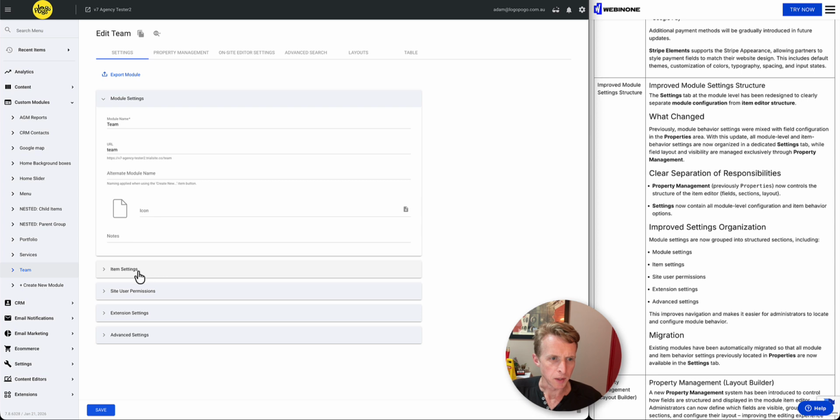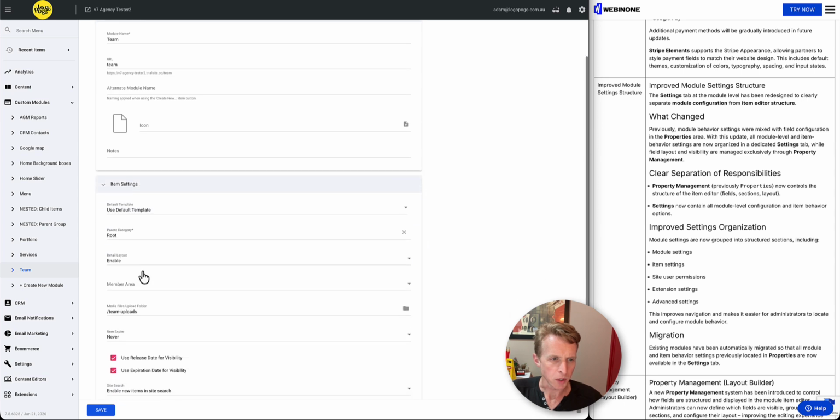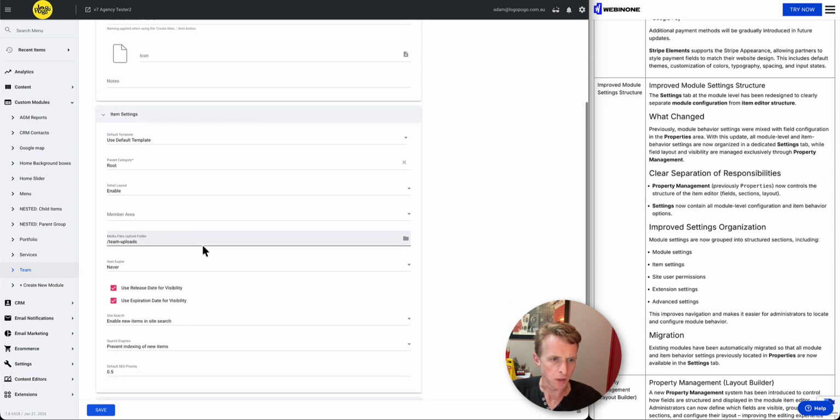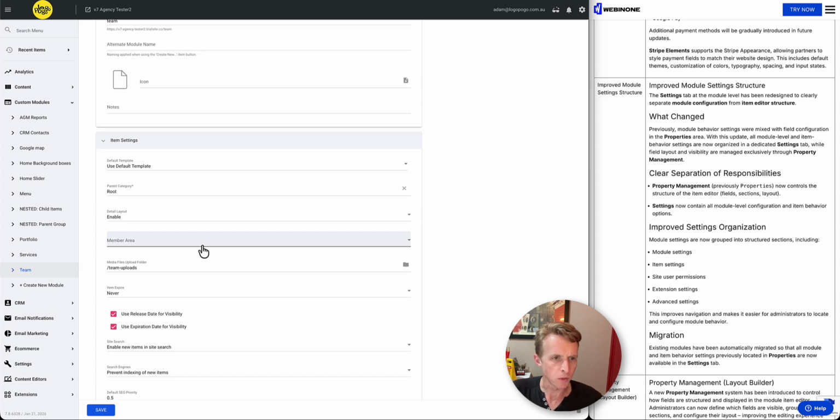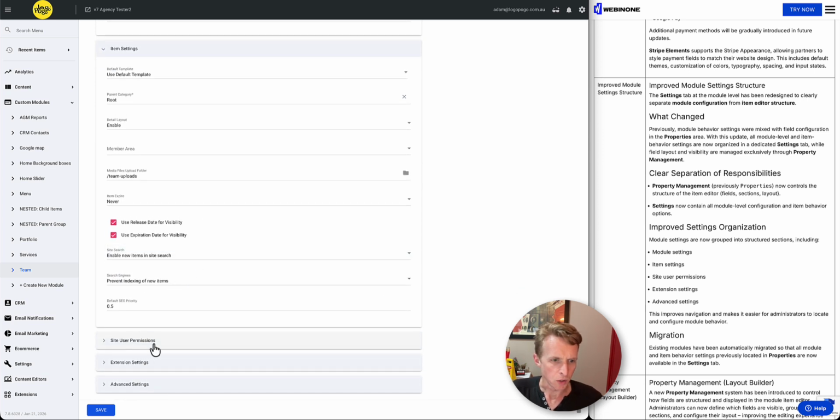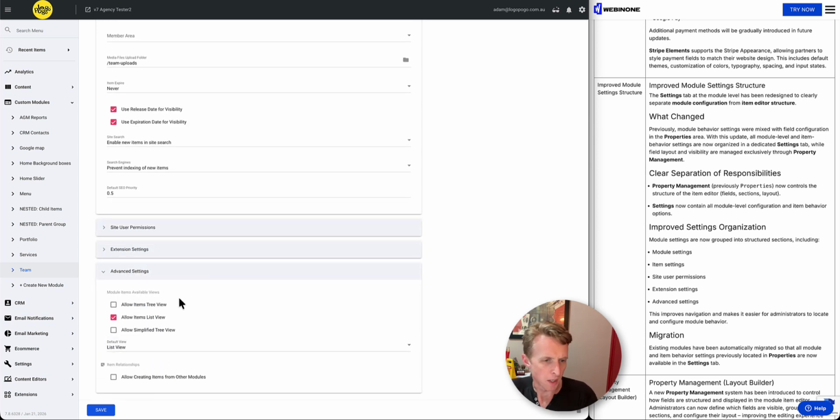In particular, the item settings section has a few extra features there from the properties tab. Site user permissions and extension settings are basically the same, and the advanced settings has the same options that we had available before. But when you're setting up grouped modules like parent-child relationship modules, as the option here allows,